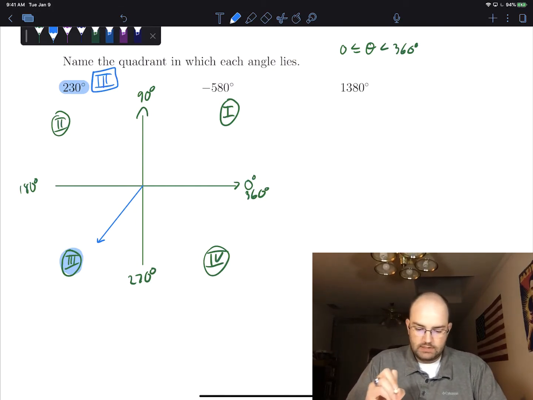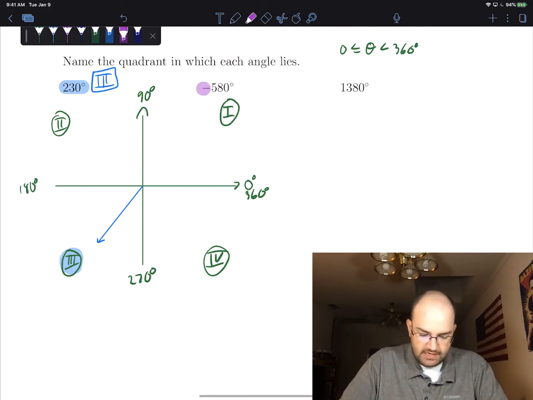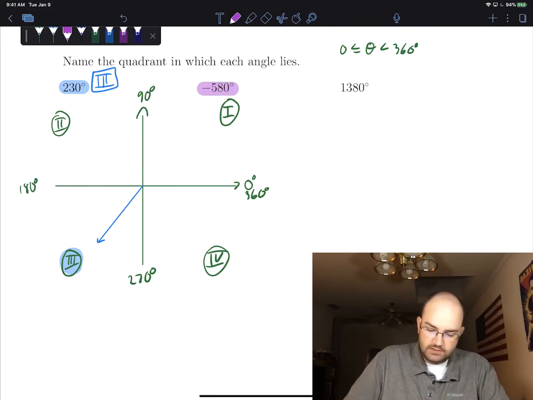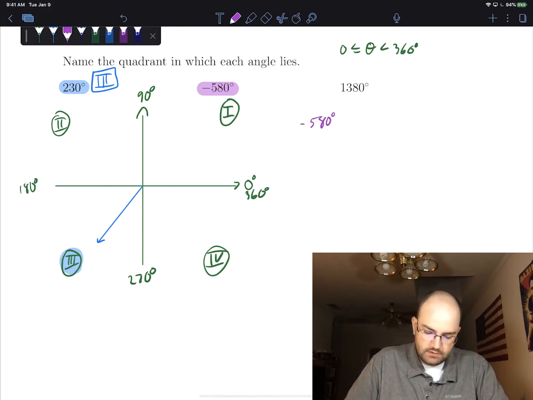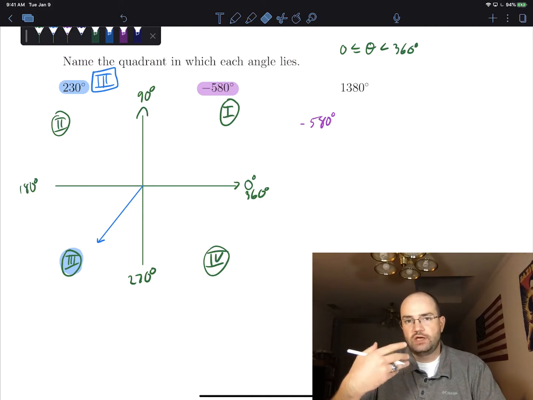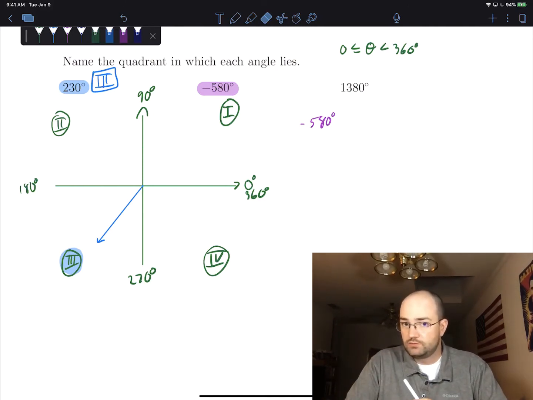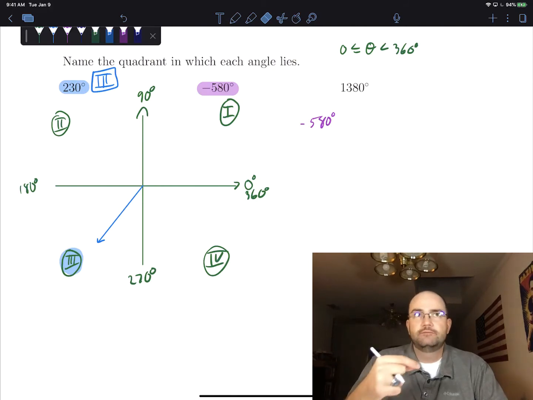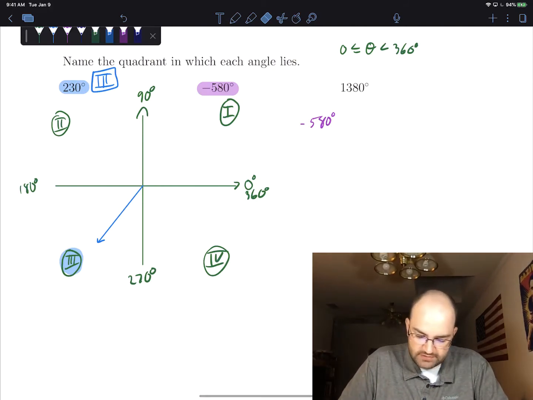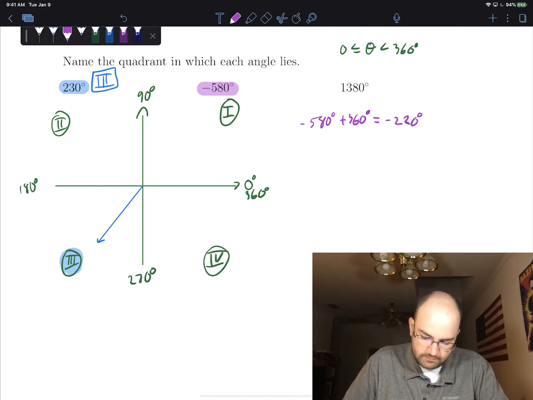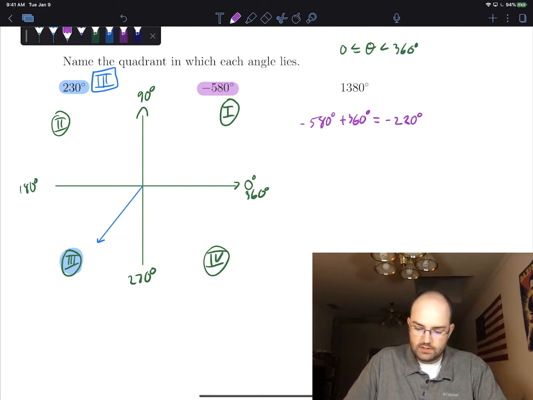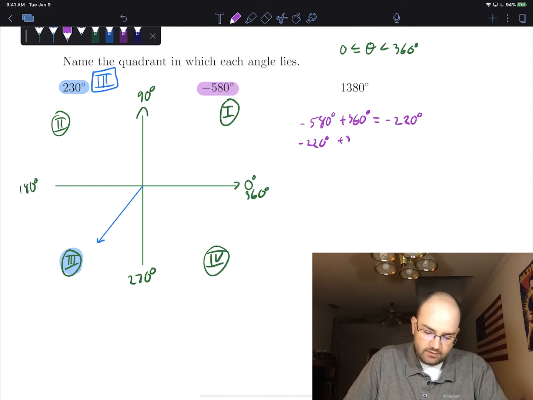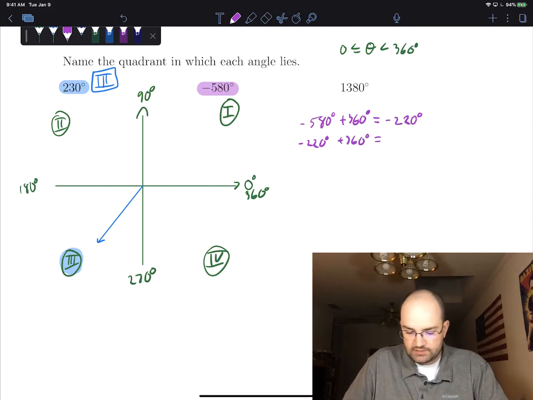Good deal. Next, let's look at the negative 580 degrees. This one we actually have to do something with. We need to get to a positive angle that's still coterminal. So it's basically the smallest positive coterminal angle. To get there, we're going to first add on 360 degrees. So negative 580 plus 360 is what? Negative 220. So negative 220 degrees. But that's still not positive, so let's add on 360 again. So negative 220 plus 360 would be positive